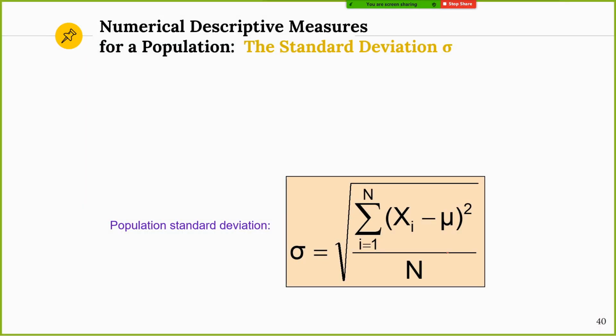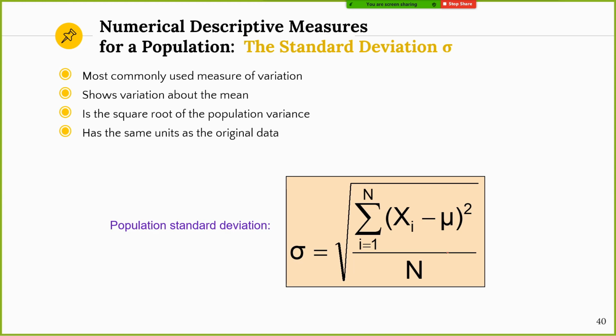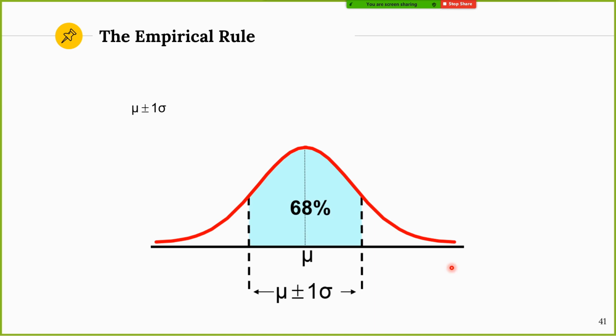And also for this standard deviation, it's the same formula. The difference is just this n only. You see, we are using n here. Okay, so we'll continue. The next is we have this empirical rule. So this is the rule for the standard deviation.